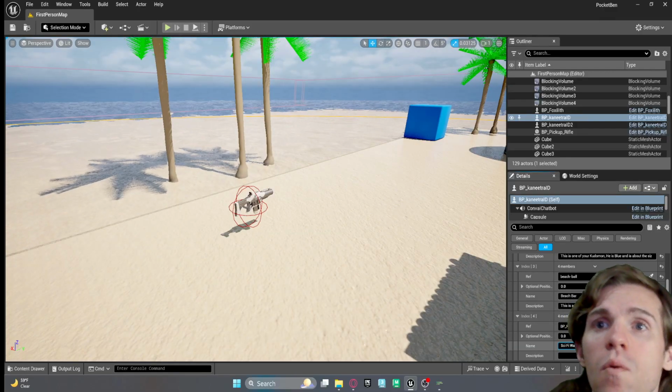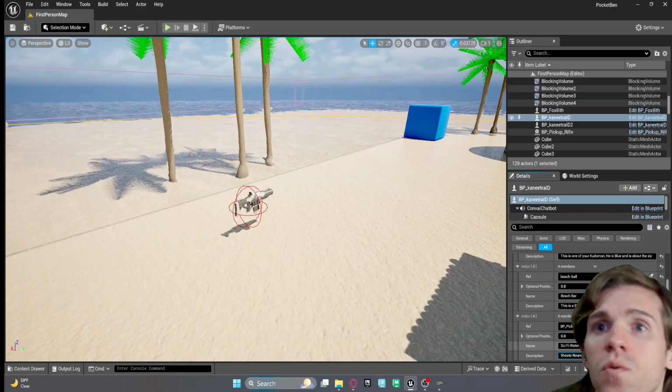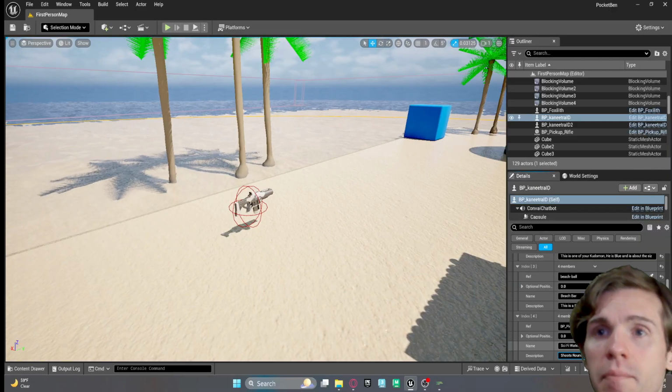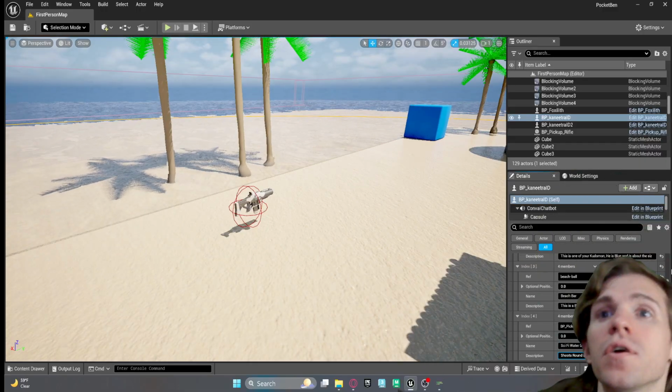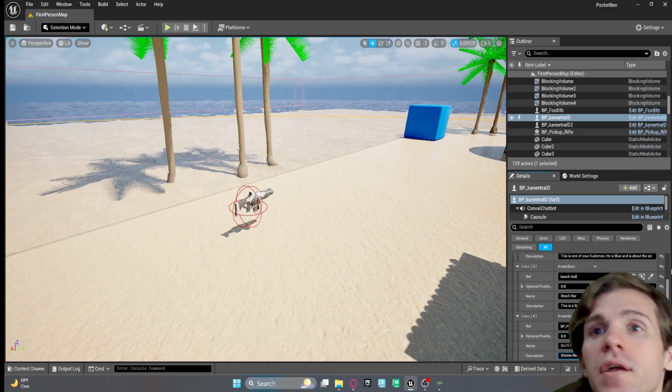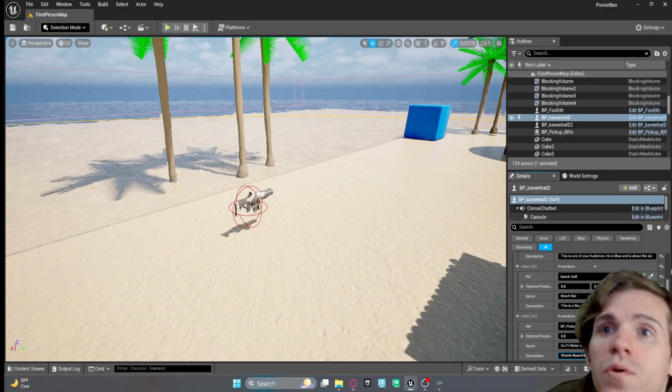Sci-fi water gun. Shoots round balls of water and allows you to pass through a portal on the beach